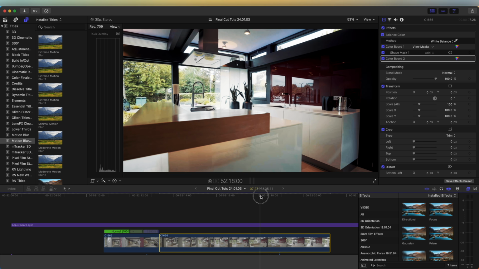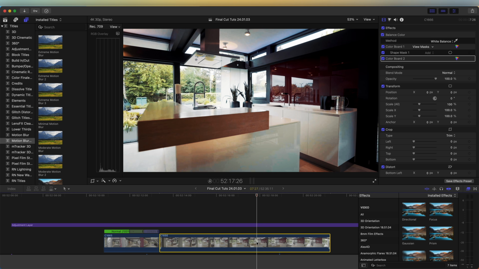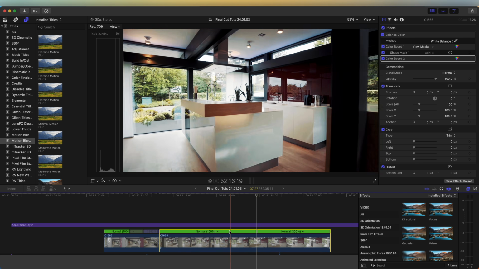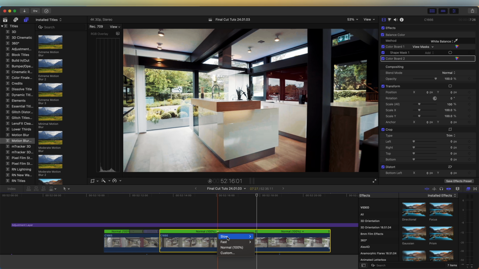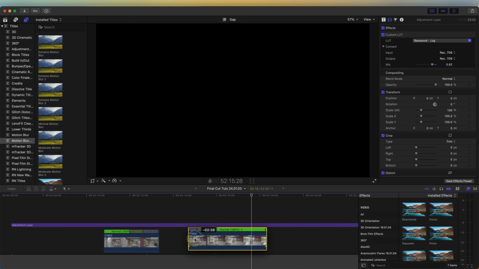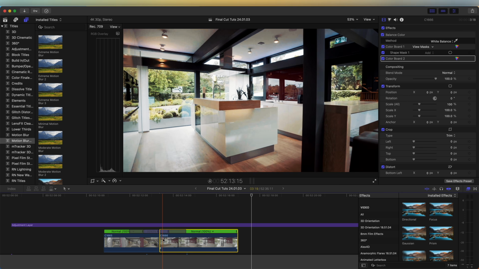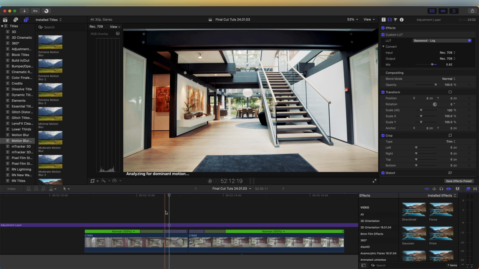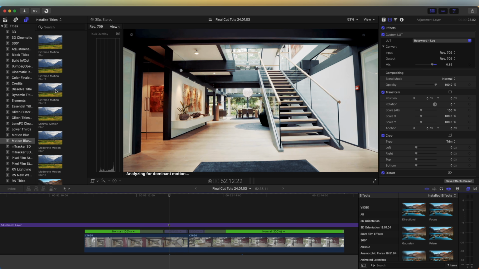So go to the point where you want the video clip to go back to normal speed and hold down Shift and press B to create another speed ramp. And then click the drop down menu, go to fast times 20 and bring this next to the first video clip. Once you're happy with how the transition looks, then we can drag in some motion blur